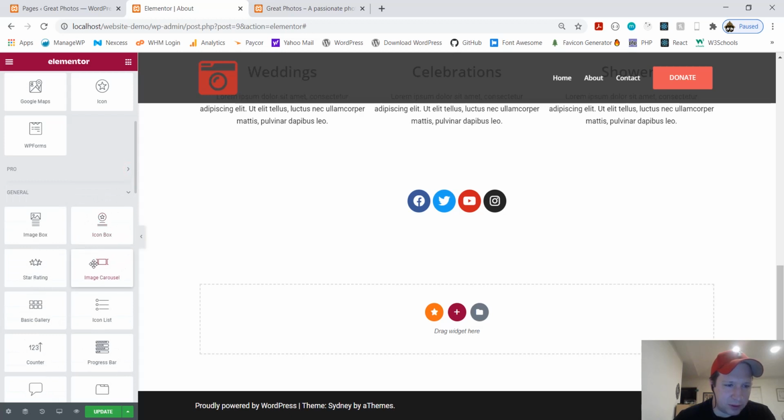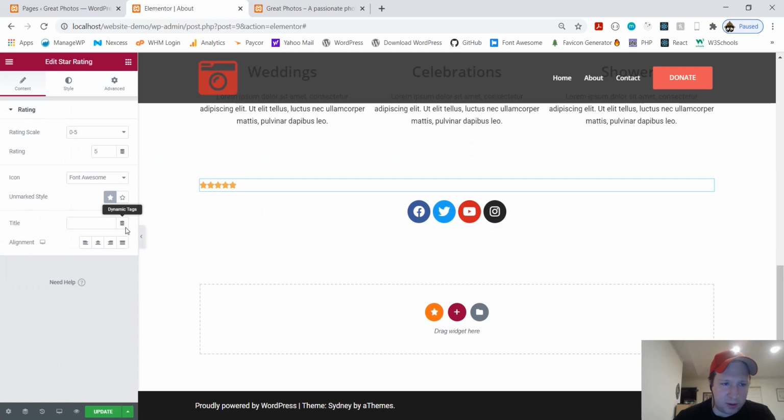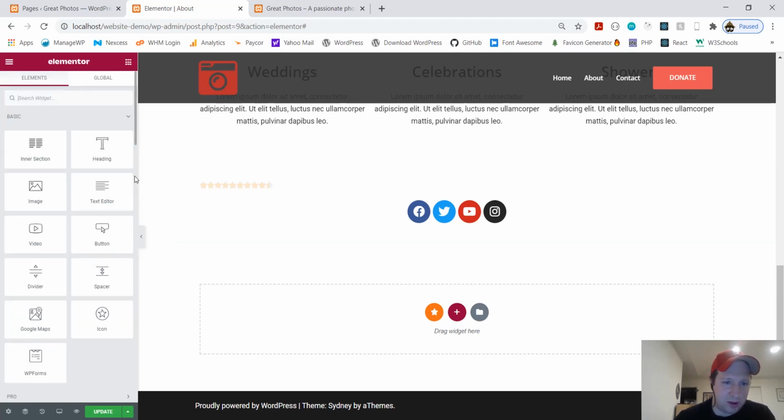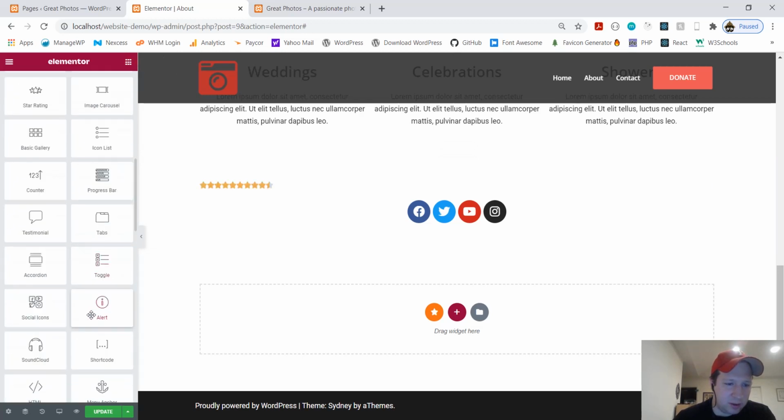You can give a star rating. It doesn't really mean much, it's just whatever you set it as. 9.5 or whatever. Stuff like that. This is nice. Toggle. I'm going to try not to junk this up too much.